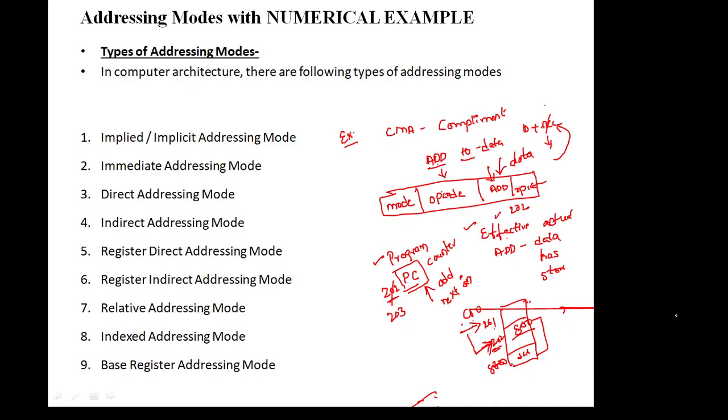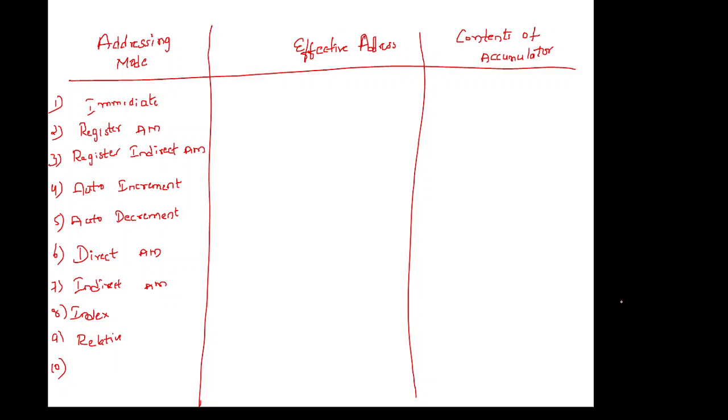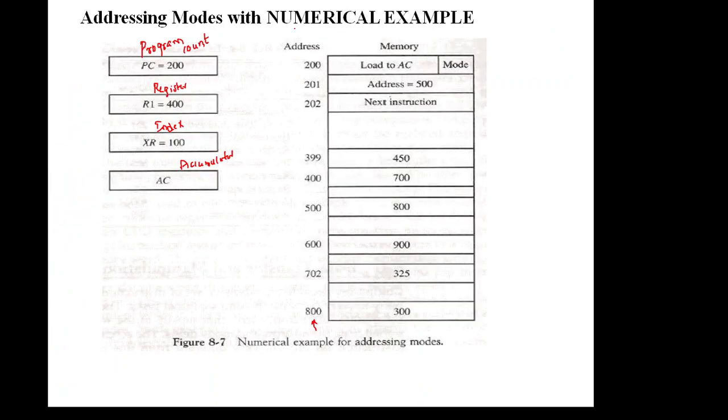So we will be going to calculate from the immediate addressing mode. Immediate addressing mode, in the sense, the instruction contains the operand instead of address. Fine. So when we see this diagram, I'll write over here. The first one is immediate addressing mode. The instruction contains the address but not the operand. Fine. So immediately we are going to specify the address but not the operand.